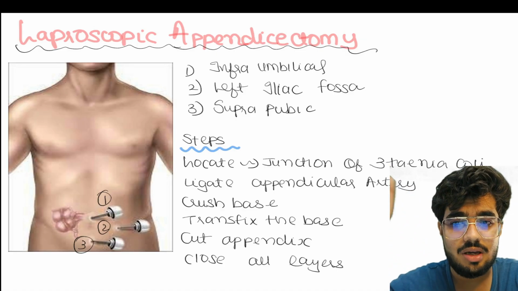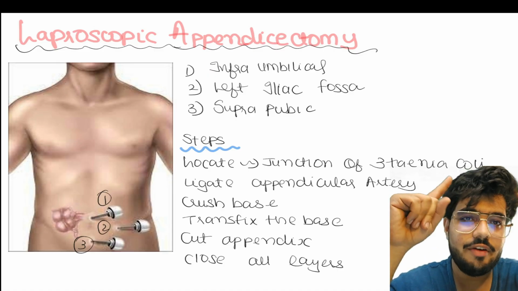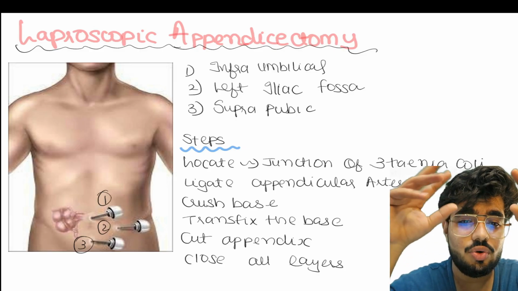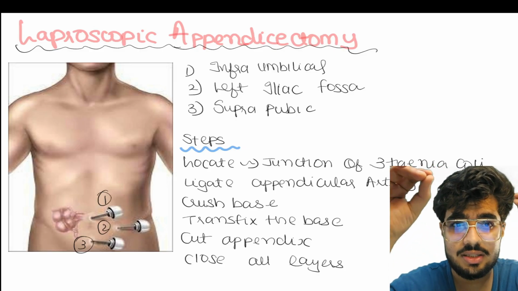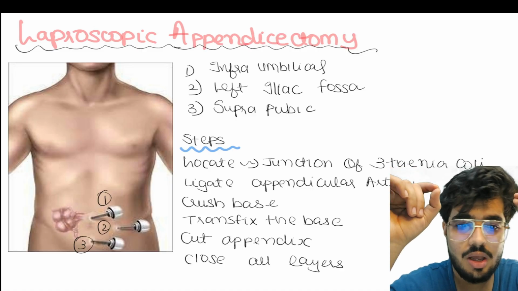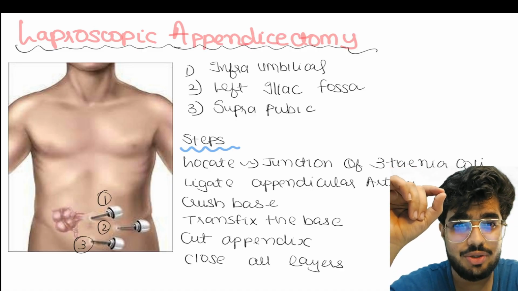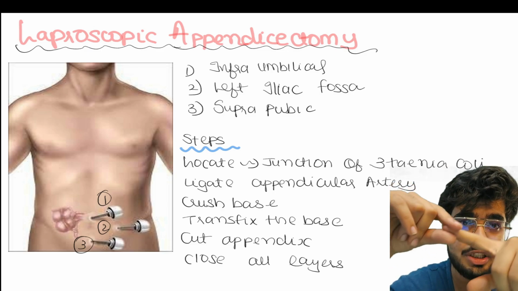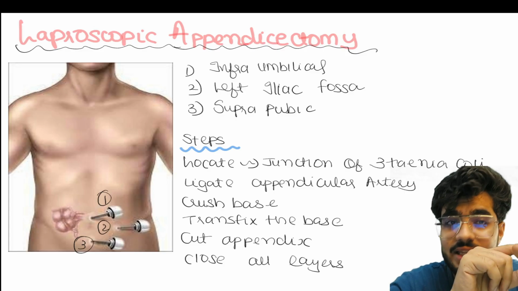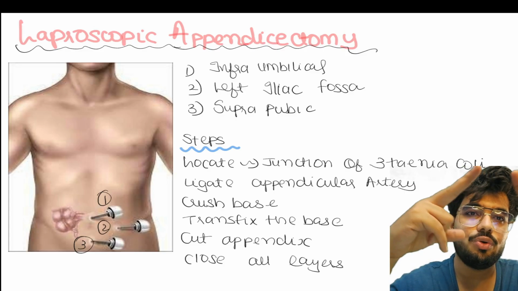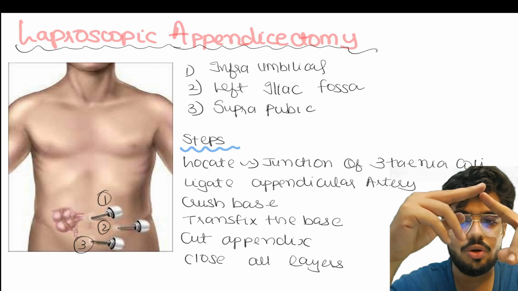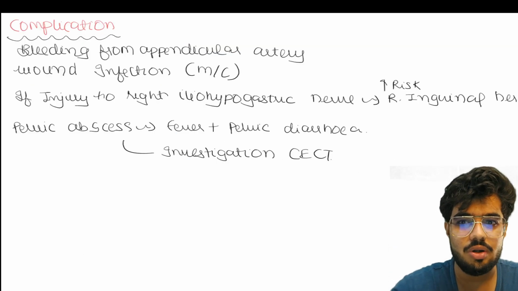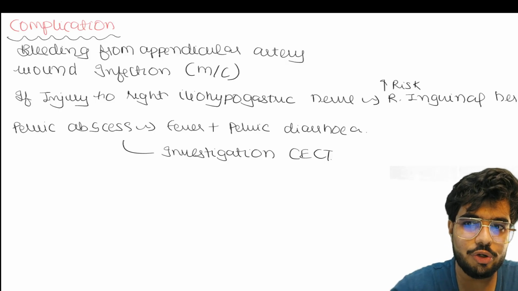So, what are the steps? Now what are the steps of appendectomy? First, locate. How will we locate? At the start I said the taenia coli muscle. So where the three taenia coli muscles meet, that is the base of the appendix, we will locate it. We are going to ligate the appendicular artery, which comes from the meso-appendix. Now we're going to crush the base of the appendix, transfix the base of the appendix, then cut the appendix. Then we're going to close all the layers of the abdomen that we opened. Now what could be the complication of this